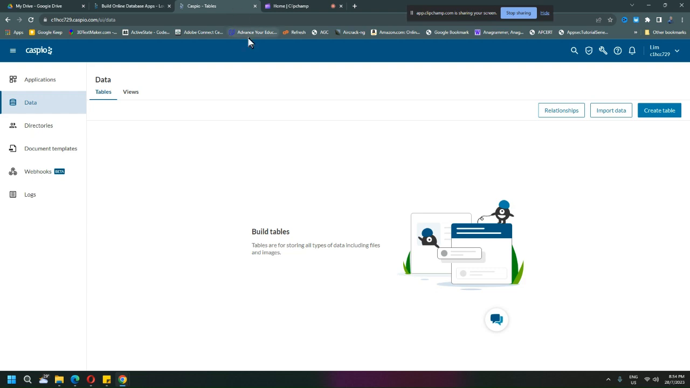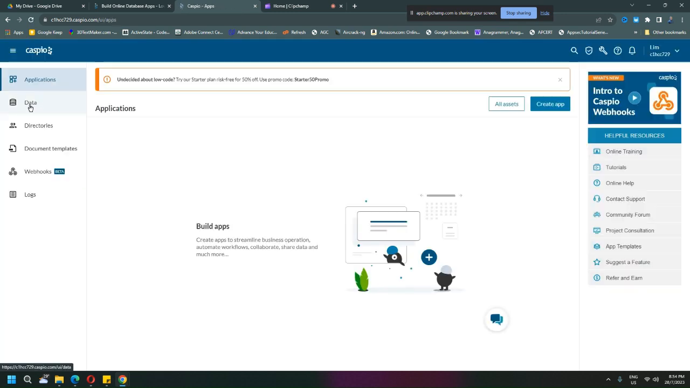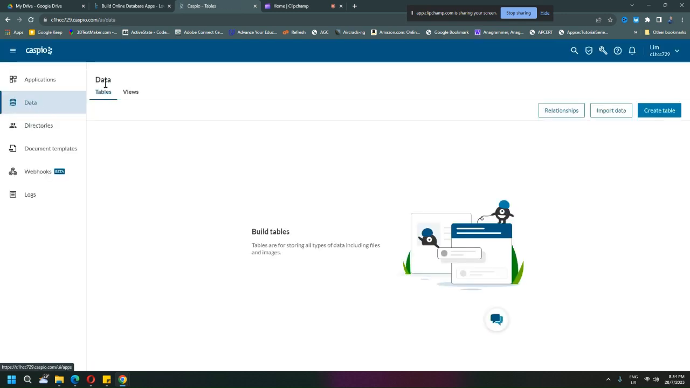Okay, I'm in the Caspio, and at the moment I'm at the data tab. So this is the data tab over here. That's empty, nothing inside here. So what I would like to do is import data from